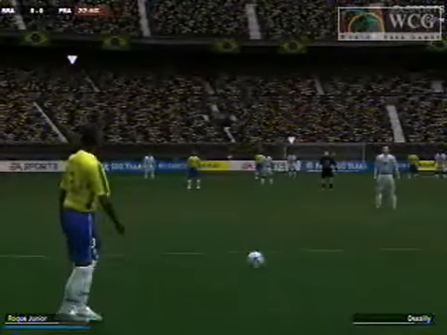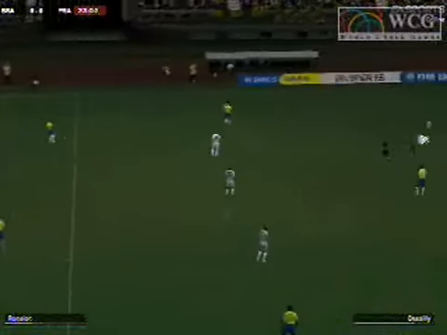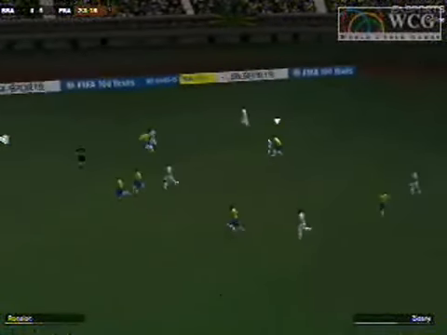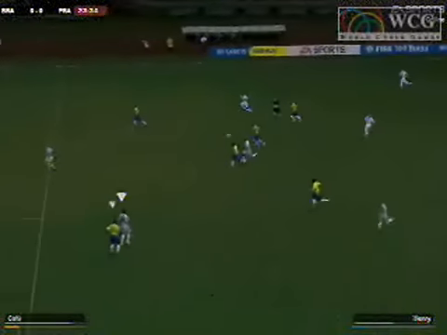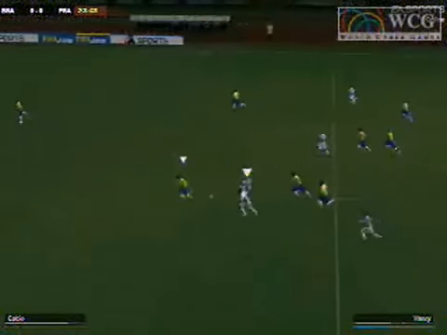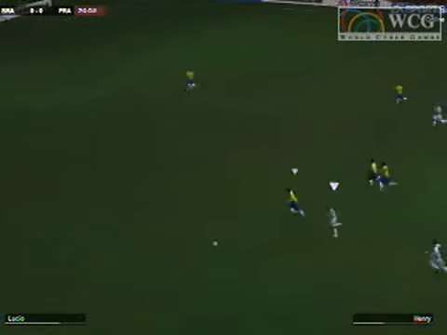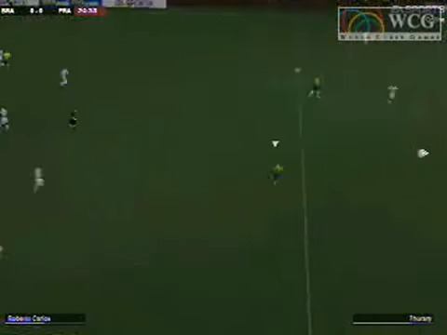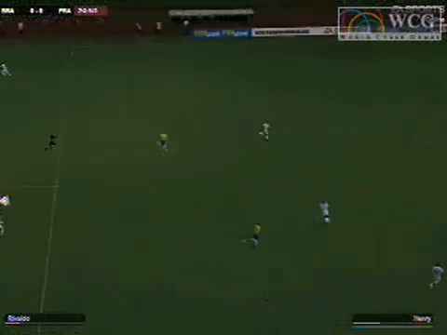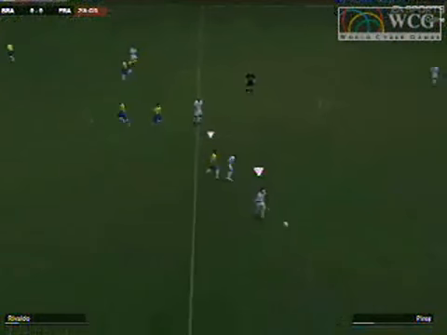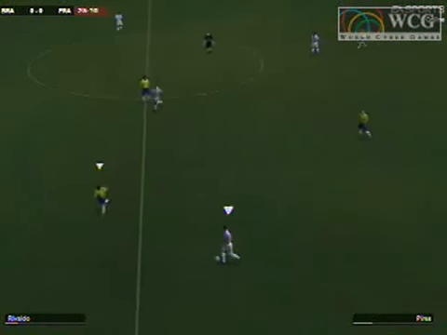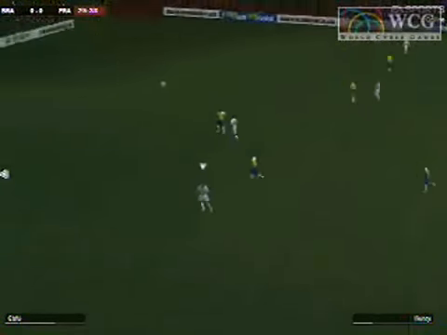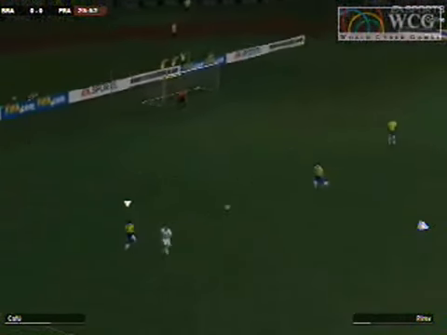On the free kick, we got Roque Jr. putting the ball up in the air. He's got a man in the box, but the French defense has been all over him right there. And so we're going to see a run now by Henry. Henry on that left hash mark makes a turn. The Brazilian, though, gets a nice little step, gets a little defense, gets the ball back onto the French side of the field. But Perez says, nope, I'm not going to allow you to have any easy opportunities.